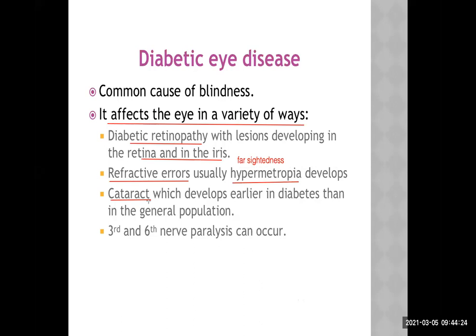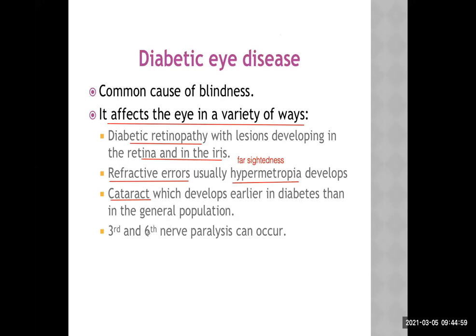Increased intraocular pressure, open angle glaucoma or closed angle glaucoma. Exactly, absolutely correct. Increased intraocular pressure, okay, because of excessive aqueous humor, which is present in the anterior chamber of the eye. That is called glaucoma. Along with that, the glaucoma patient has some visual problem. That is a part of the glaucoma definition. We'll talk about that later on.